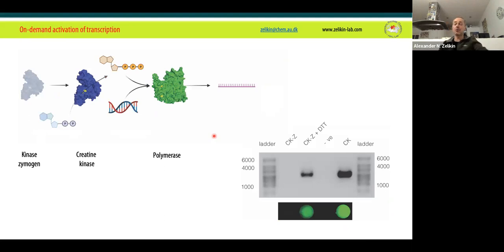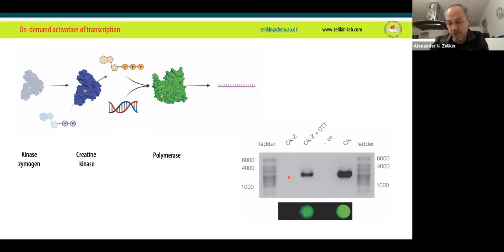Maybe light is not the most exciting readout, but here we connect kinase activity to transcription. How is that possible? Well, ATP is not only energy, but it's also a building block, right? When polymerases make nucleic acids, they use nucleotides for this synthesis, and ATP is obviously the building block for RNA. And so we have a zymogen that does not have activity. We reactivate it through thiol disulfide exchange. It starts to produce ATP, and polymerase starts to use it for